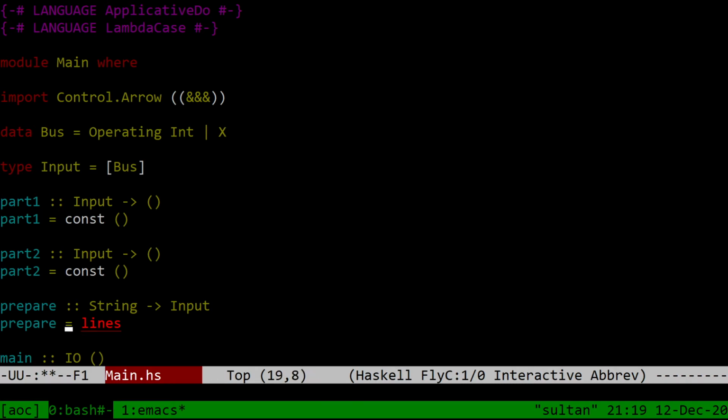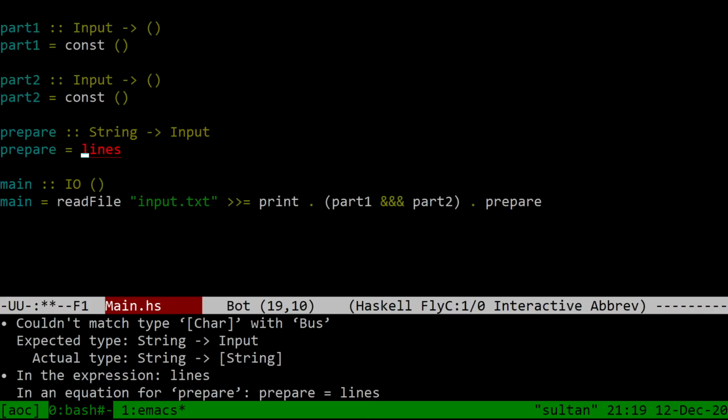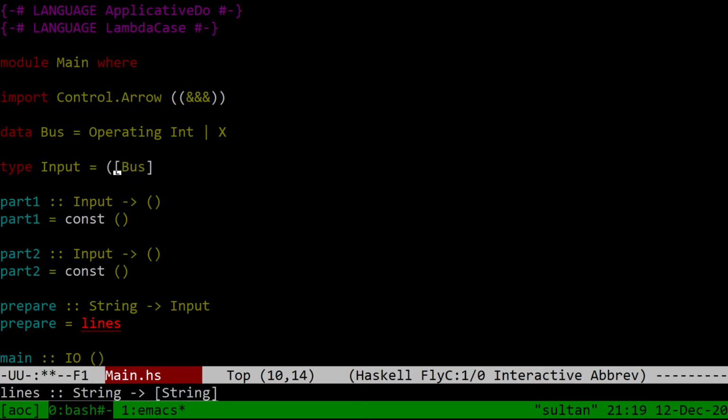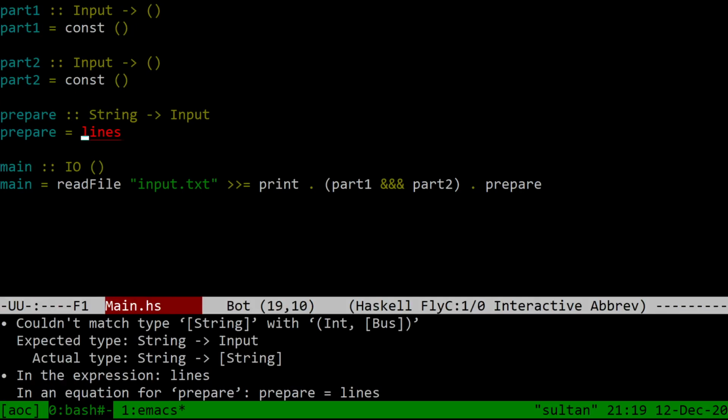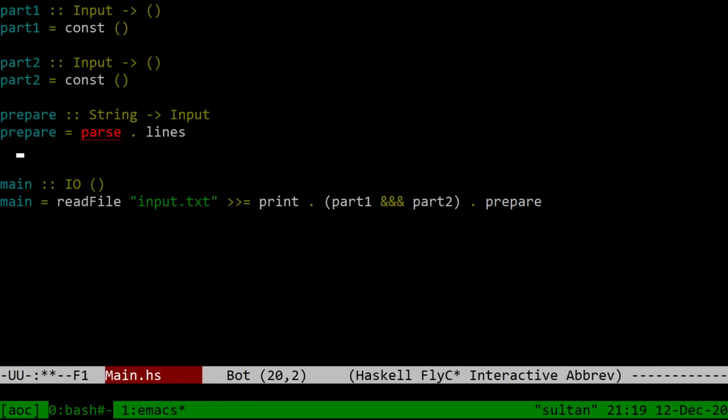And prepare is a little bit more interesting because our two lines mean different things. So prepare equals, no, our input is actually more than that, isn't it? It's an int and a list of bus, right? Which is when we can first get to a bus stop. So prepare is, we first take lines, which is fine, and then we'll say parse those lines, where parse is actually just a list, start schedule